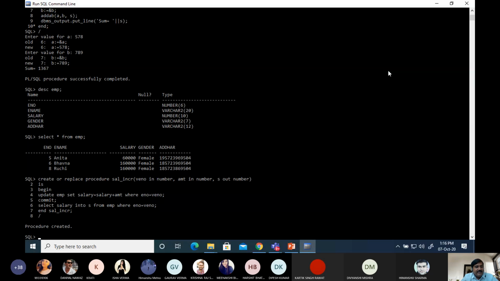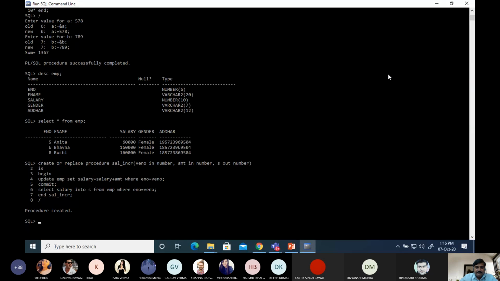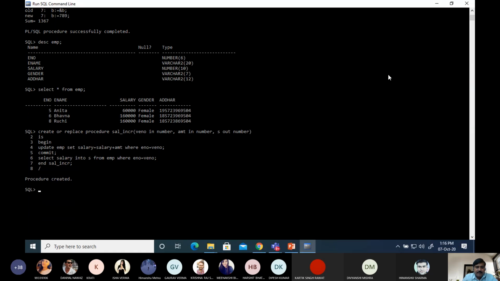So for declaring the bind variable through the SQL prompt, what is the syntax? Variable, variable name and type. Any variable name. Suppose here we name it US, for the updated salary, and then number.